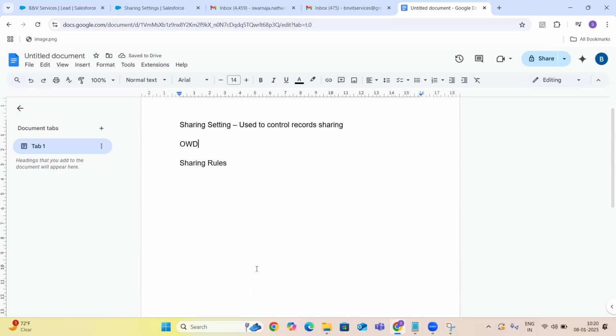OWD is the default sharing access. So default sharing access, and using sharing rules, we can extend the sharing access.